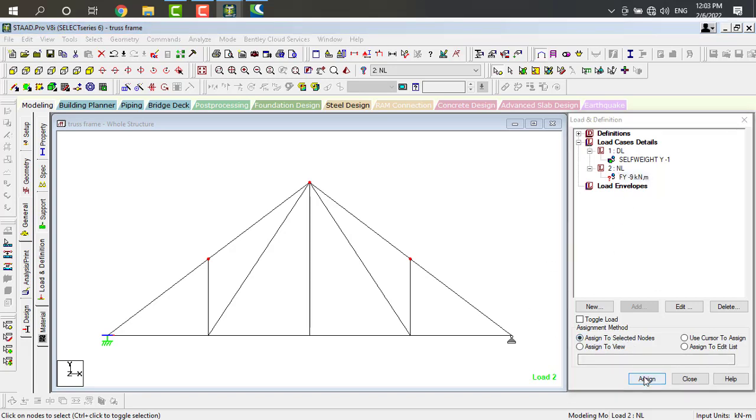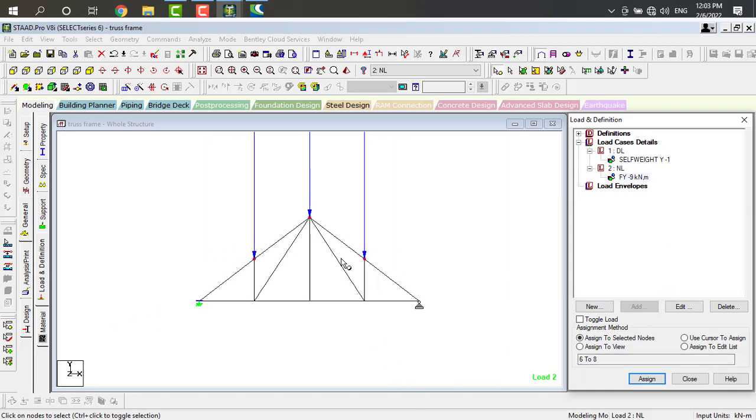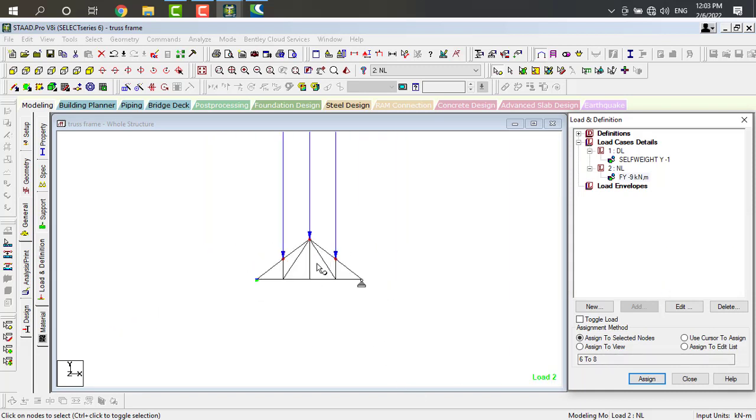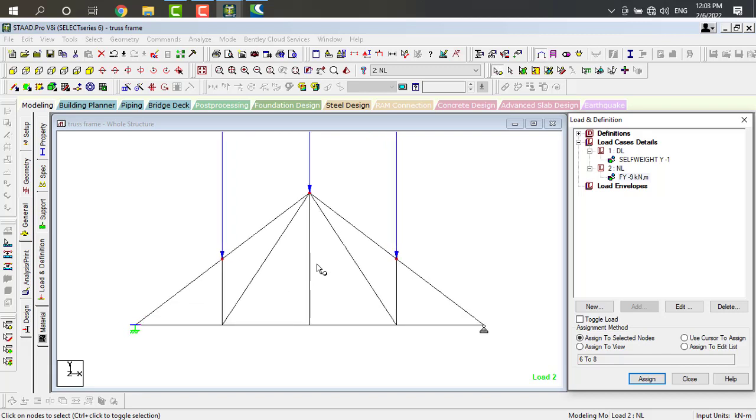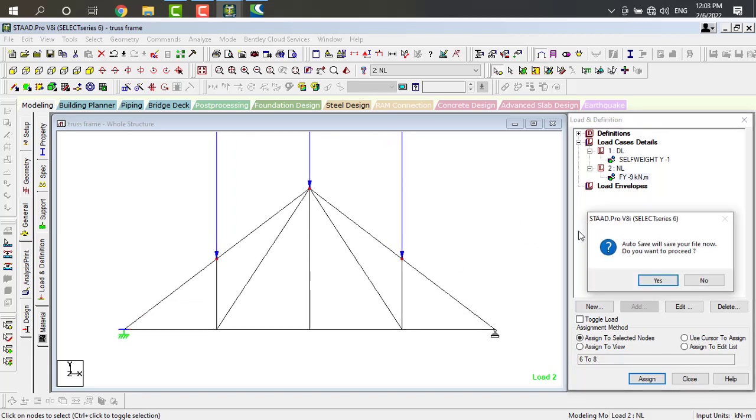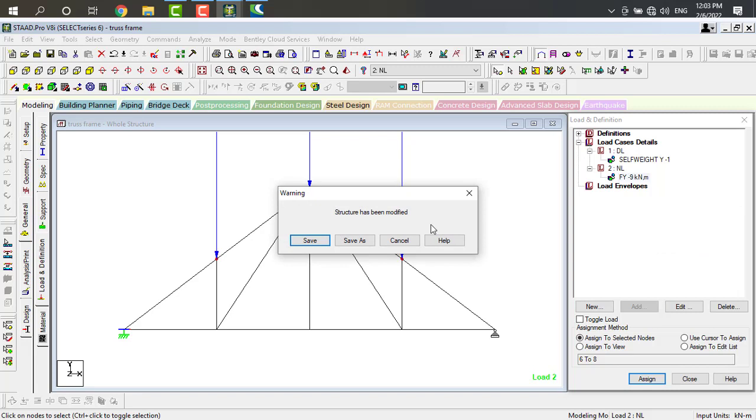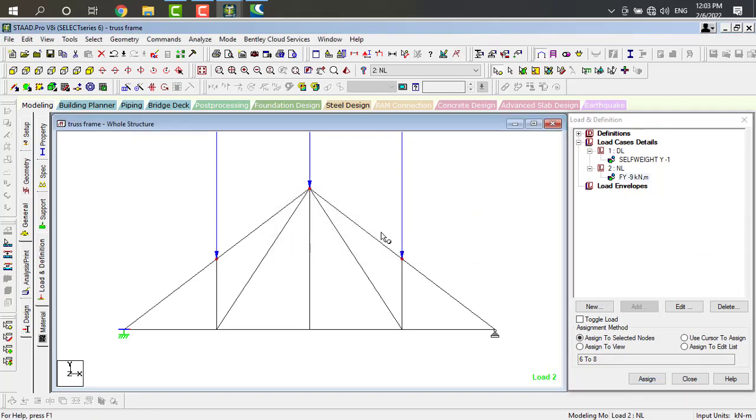Assign to selected nodes. Click on S. Yes. Here these 3 nodes are like this. The loads are applied at these three nodes only. These three nodes have -9 nodal load.